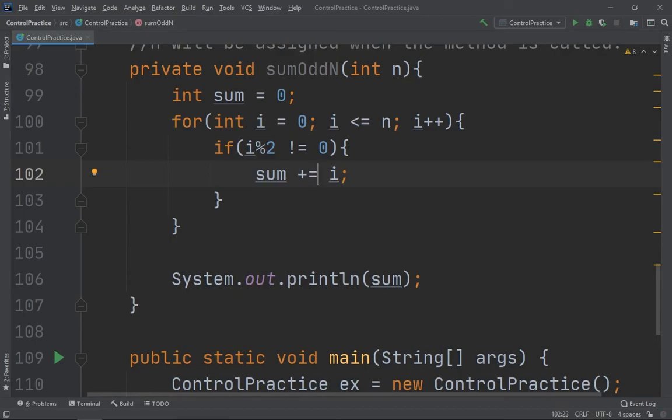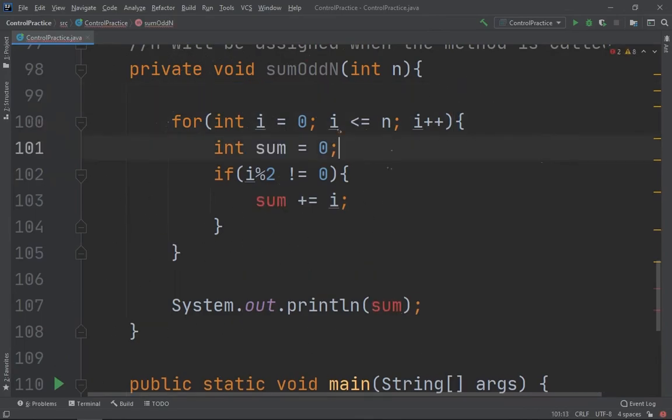Notice that sum is created outside of the loop. It is created outside of the loop because if I made it in the loop, what would happen? What happens if I do for int blah blah blah, but right above the if statement is where I put sum? What happens? It would just be declared. Right, well it would get reset to 0 every time. So if I took this and did that,